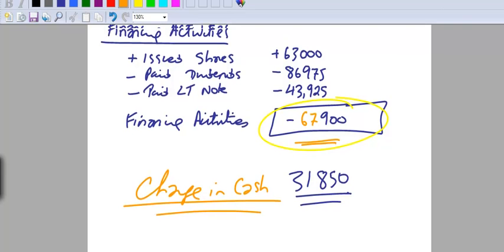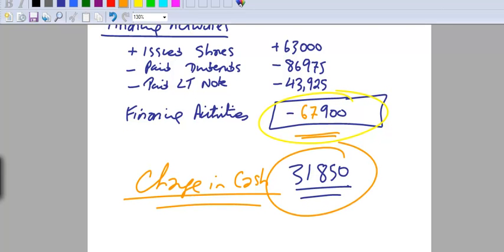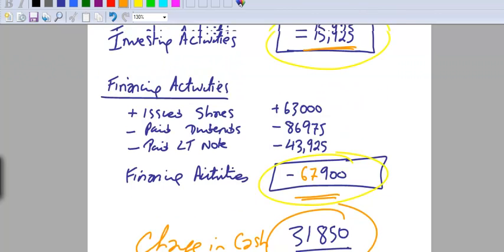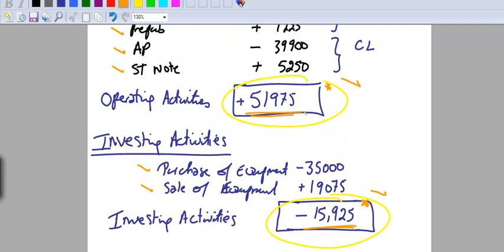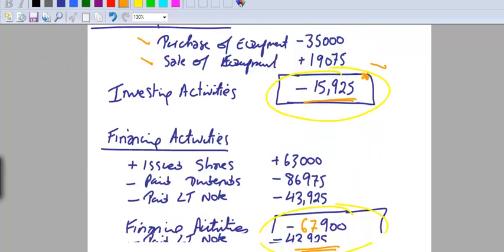Because I have this number and it matches the dollar change in cash, I can be certain that when I do the direct method, I am going to get the exact same figure in operating activities of 51,975 as I have done in the indirect method. So the next step we're going to do